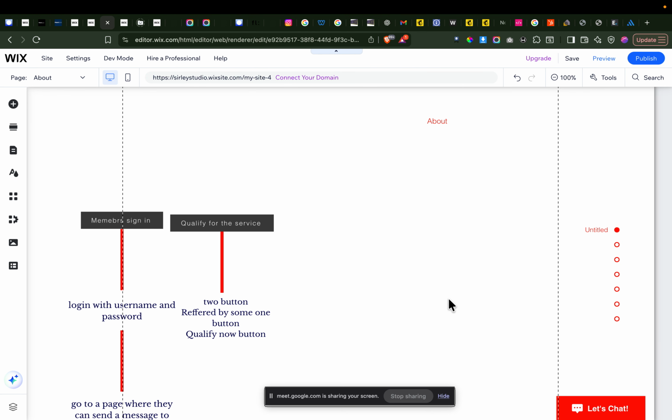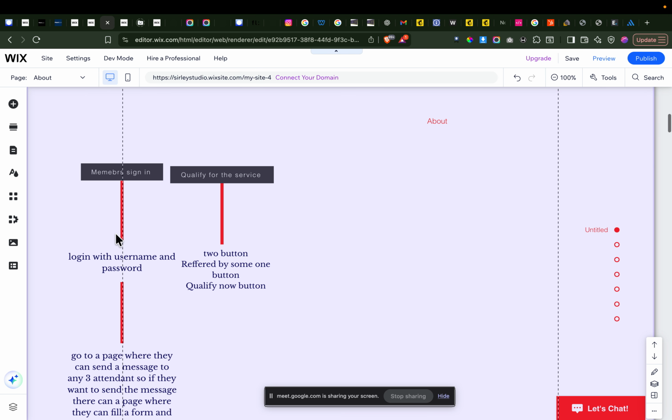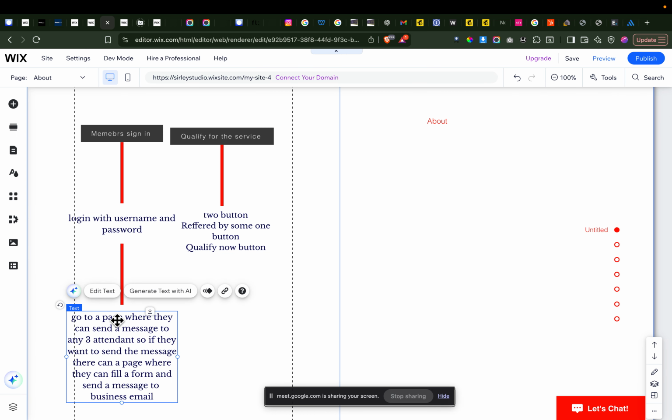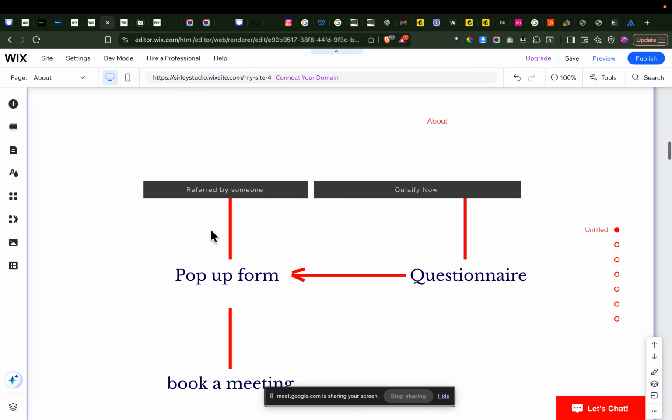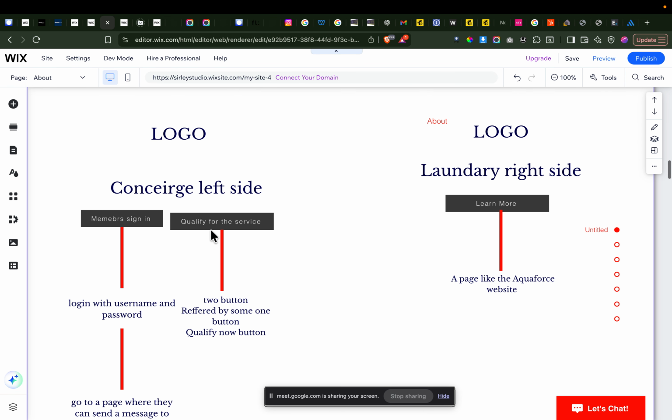And personally, I charge $40 per hour if I have to work on the website, because all this particular integration, all this linking, login to username to a page, all this is not something that I can actually do in just, let's say, 4 hours in a day. It takes a lot of time to get everything done, from the linking of the pop-up to the questionnaire, to booking the appointment, to setting up another page for the laundry, and all these as well.